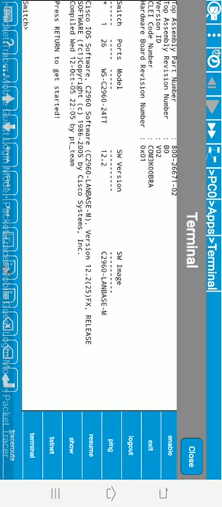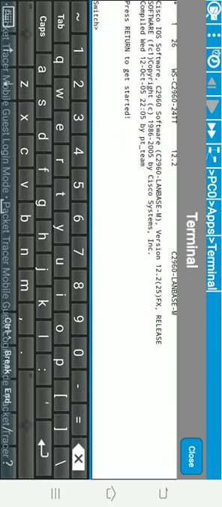Okay. Now we want to see the version of the switch. For that, we know that show version is the command that is used to see the version of the switch. Okay, now I am entering show version.